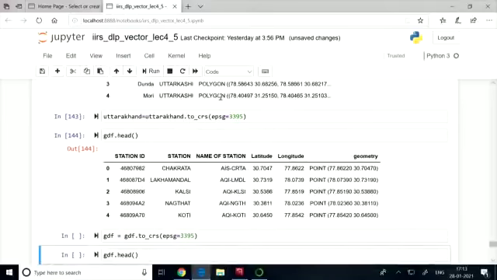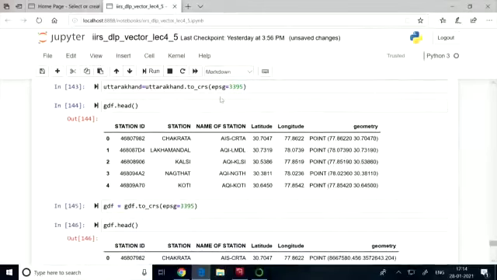Then this GDF was containing the locations of all these air quality index monitoring stations. So that GDF also I am projecting to the same projection system, because whenever you are doing some analysis on two different datasets, they must share the same projection system. So this way we have done the